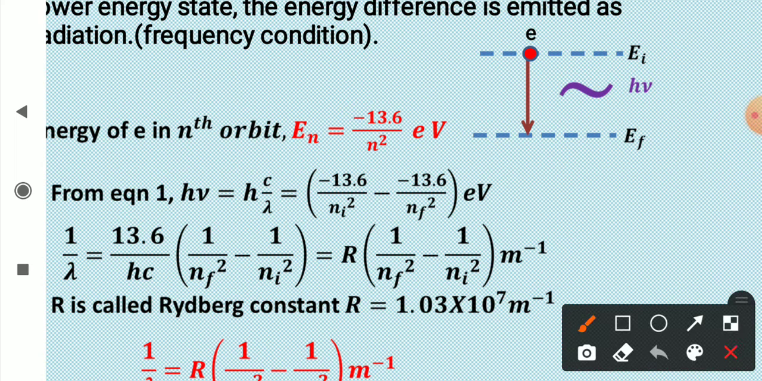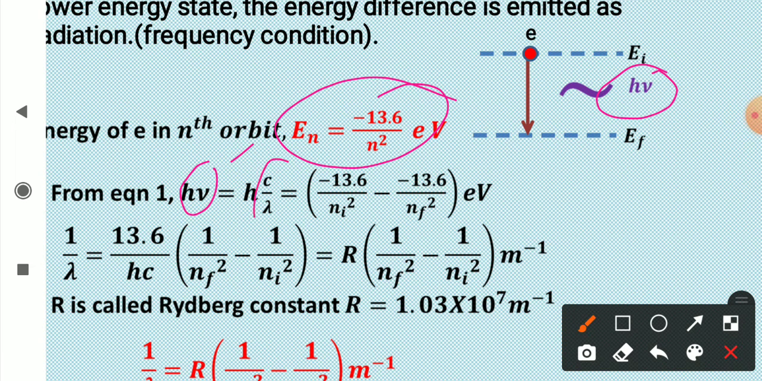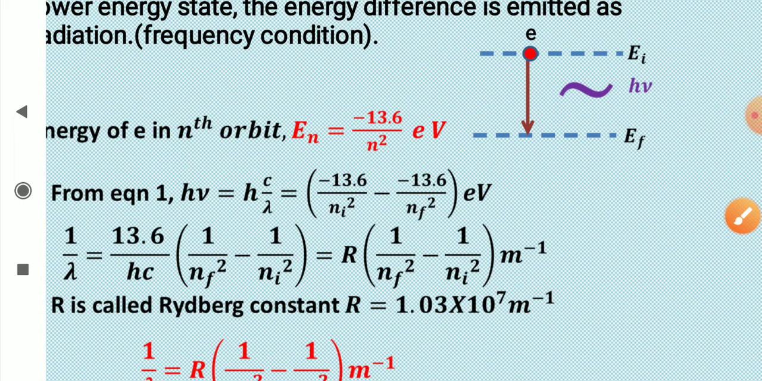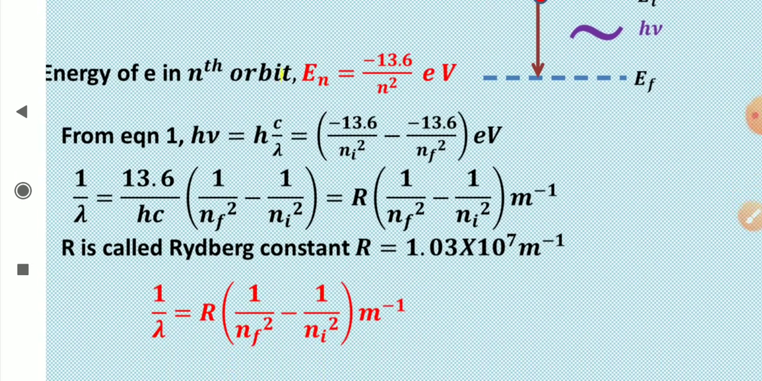And now, using this equation only, you can see that this radiated energy h nu will be equal to h, and frequency is c upon lambda, is equal to energy of initial state, that is minus 13.6 upon ni square, minus energy of final state, minus 13.6 upon nf square electron volt. See, EI is for initial energy and EF is for final energy. So from here